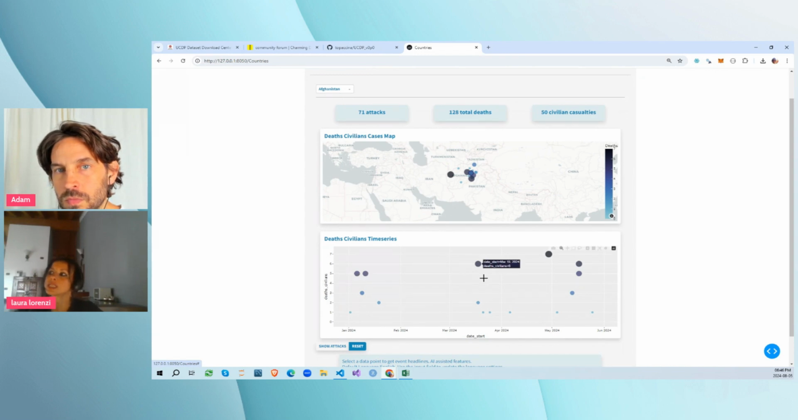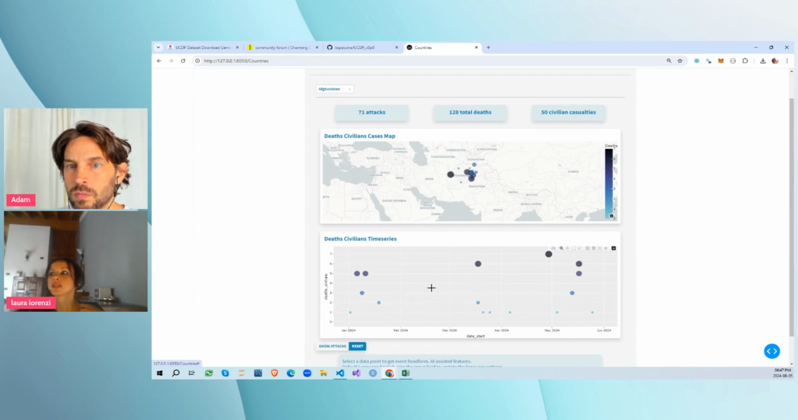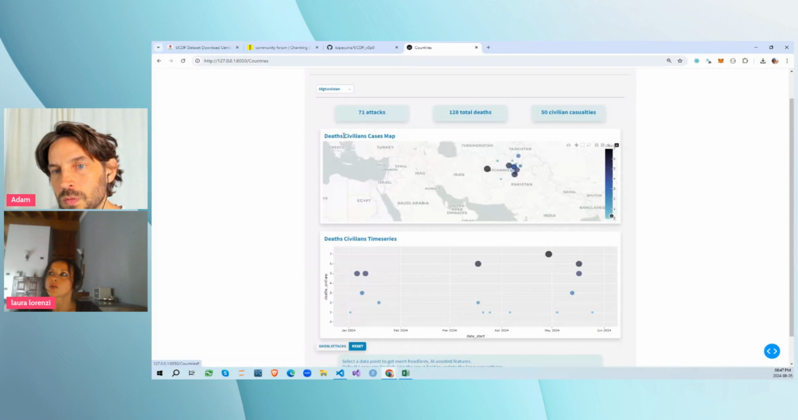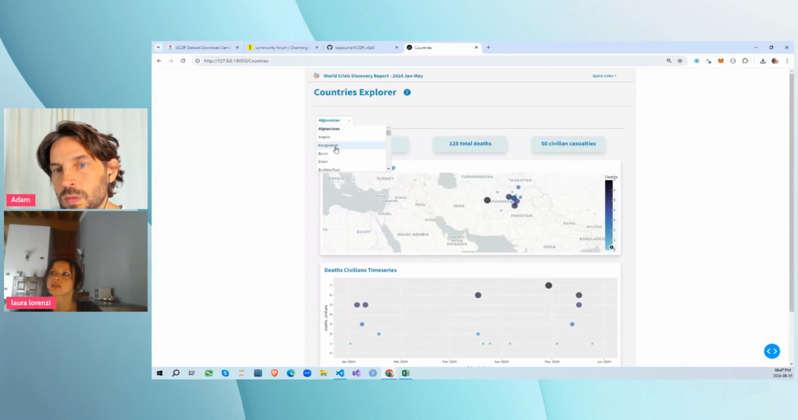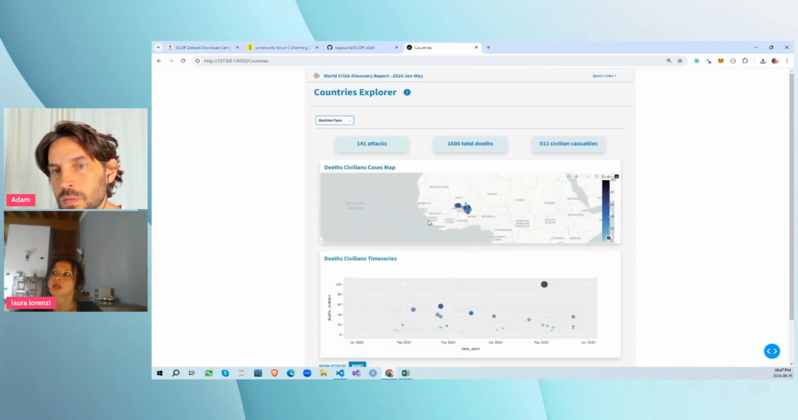Each dot represents an event, and the size of the dot represents the level of civilian casualties that occur in these specific events. Through this menu, we can select one country. We have the full list of the countries. For example, if we select this one, the map automatically zooms to the selected country, and these cards